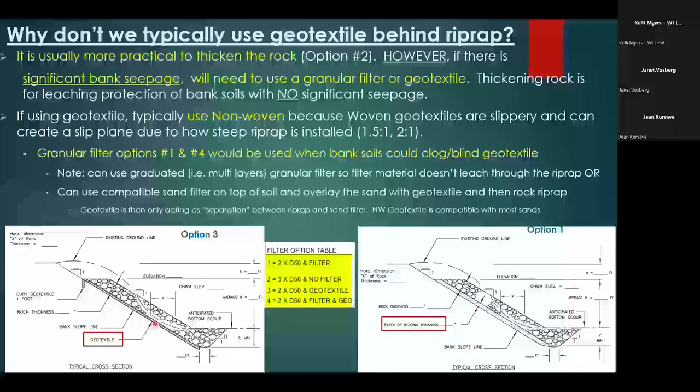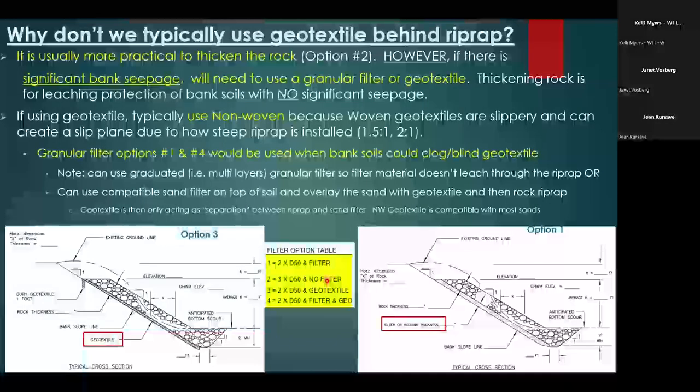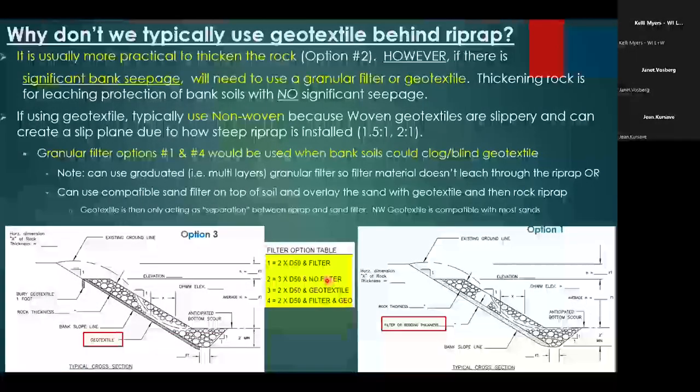Non-wovens can get somewhat of a bond going, but we almost always thicken the rock. And these are the options from the stream bank spreadsheet. We almost always just thicken the rock, option 2, 3 times the D50, and it's an easy fix and it works great. But I don't know that a lot of people know this, but these options only apply